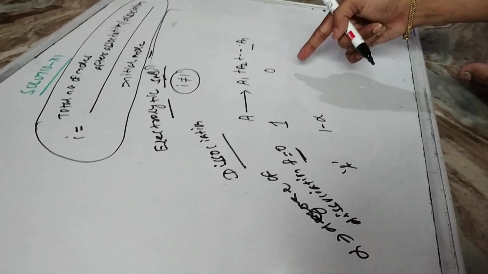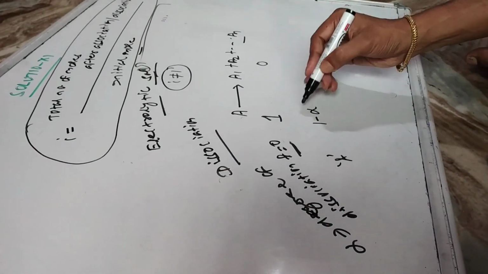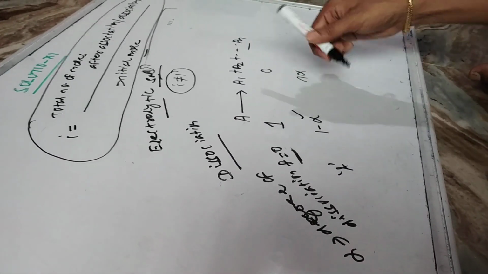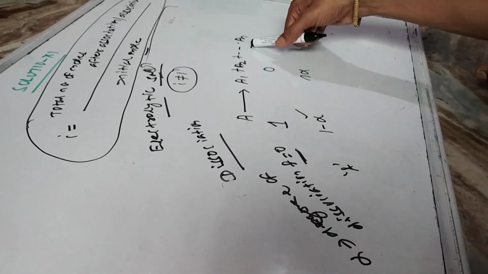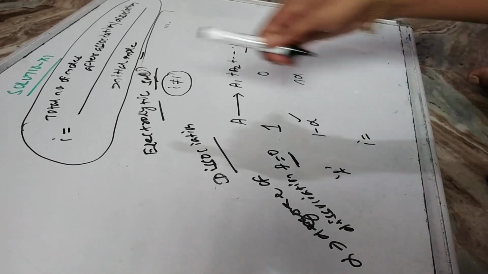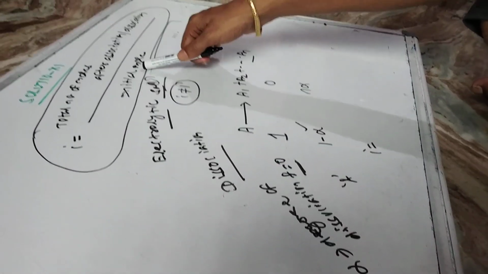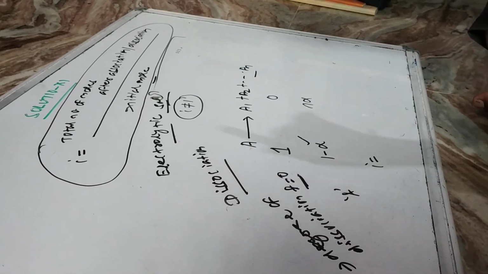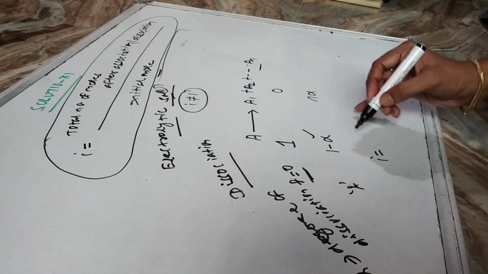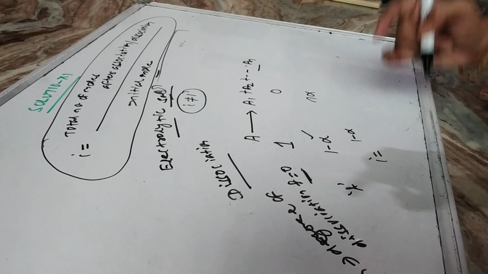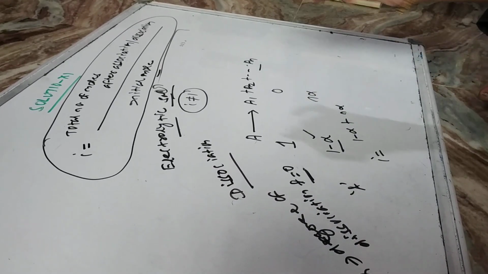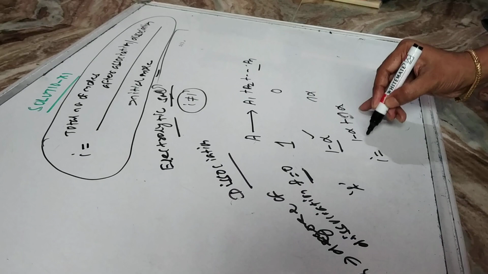So how many moles of ions are formed? Alpha mole dissociates. How many moles will you get here? You will get n alpha. Because if it is 1, then you get n moles. If it is alpha, then you will get n alpha. So that implies what is i? i is the total number of moles after association or dissociation divided by initial moles. So what is the total number of moles here after dissociation? This plus this. It is 1 minus alpha moles of A, plus n alpha moles of dissociated ions formed, divided by what is the initial moles?